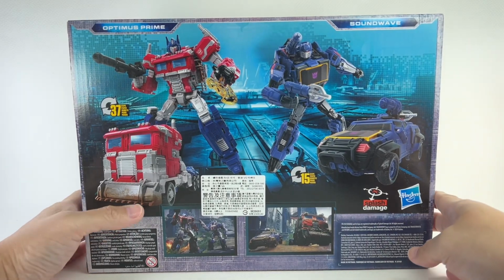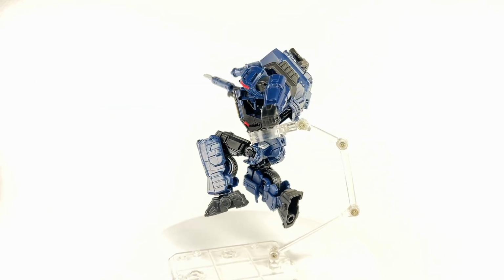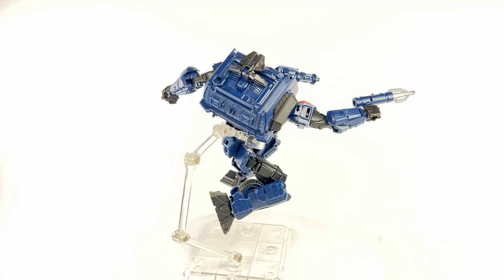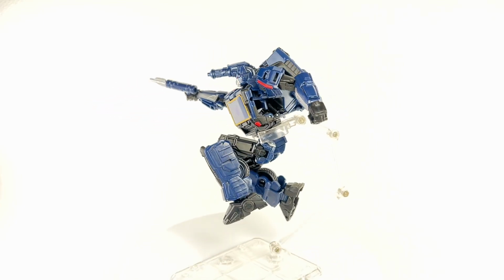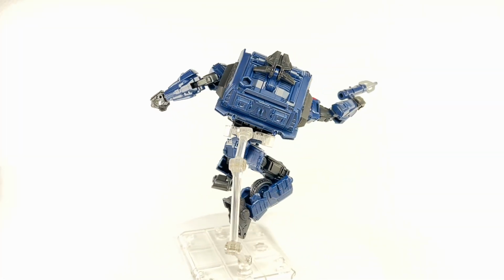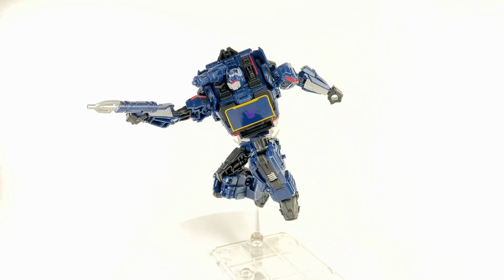Fantastic box art. I picked up this set from our toys. Let's get Soundwave out of packaging. And here is Reactivate Soundwave out of the box, and I have kind of mixed emotions about this figure. I saw him in the packaging, I thought the design was actually pretty good. You take him out of the packaging, I'm kind of loving his design, his sculpt, just the overall aesthetic of